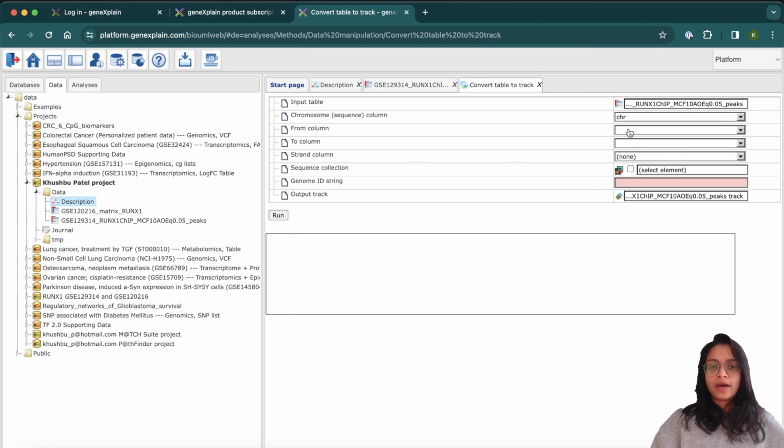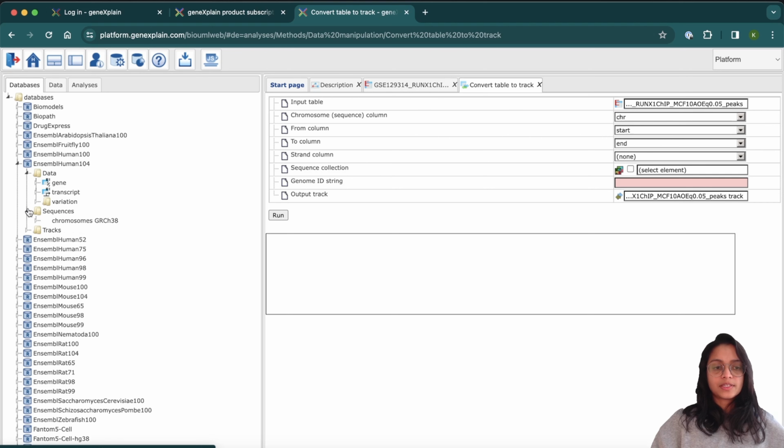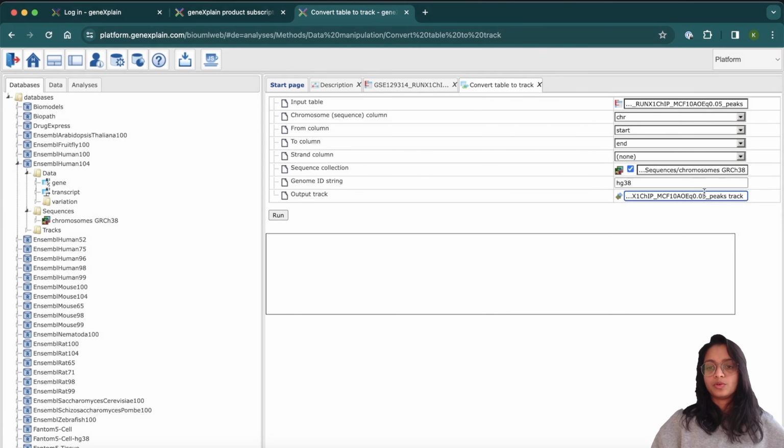and set the appropriate parameters here. So the from column is the start, and the to column is the end, and we change the sequence collection here. So we go under database, under human ensemble, under sequences, we drag the sequence collection here, and the rest of it we just keep as is. You can rename the track if you want, but I'm just going to go with the default here